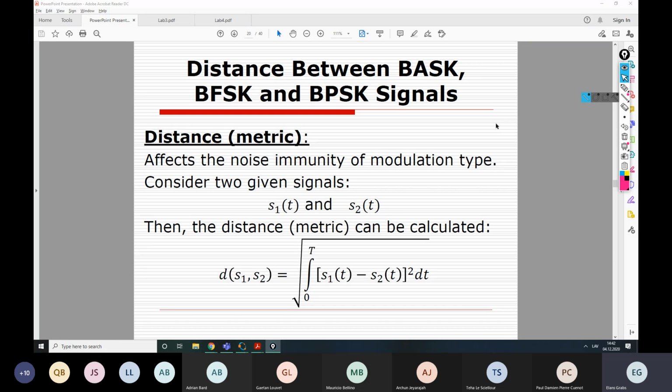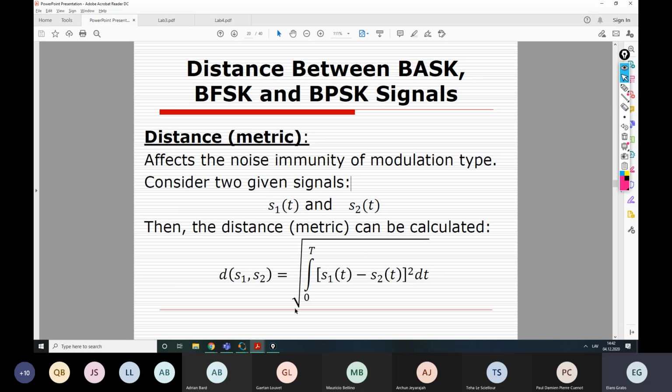It is actually what matters the most for each modulation type. That's the difference in their ability to resist the noise. So the higher this metric, this distance between signals, the better the modulation is able to fight the noise, right? So consider we have two signals, S1 and S2, which is the case for each of the binary amplitude, frequency, and phase shift keying signals. We have a 0 signal and we have a 1 signal. Then, in this case, this distance or metric can be